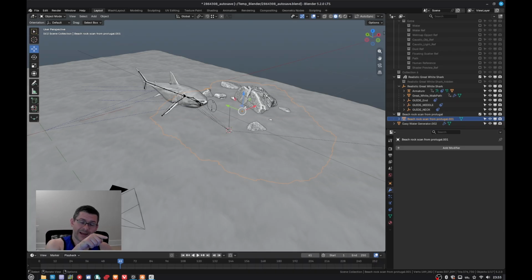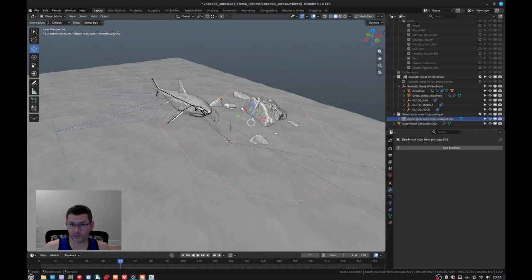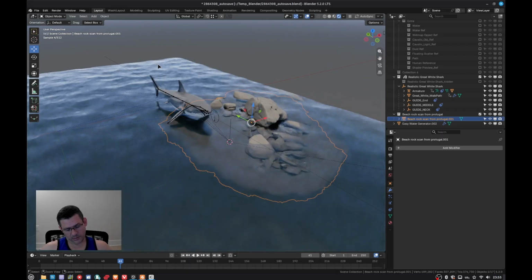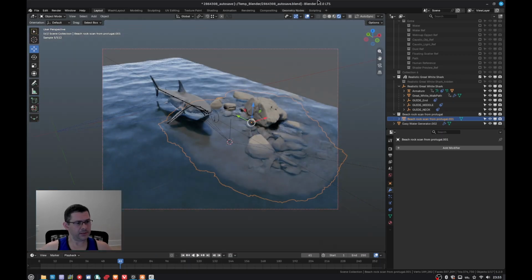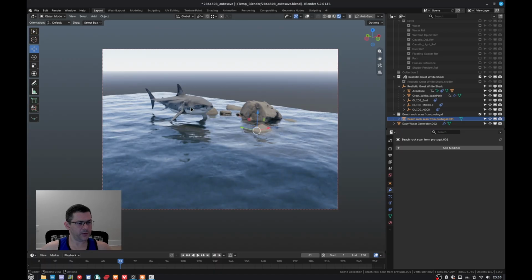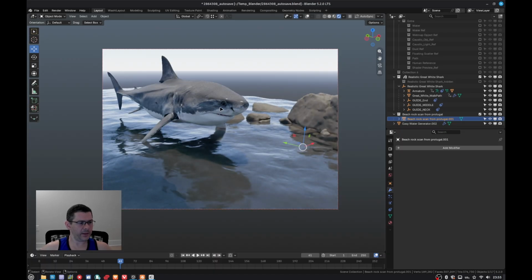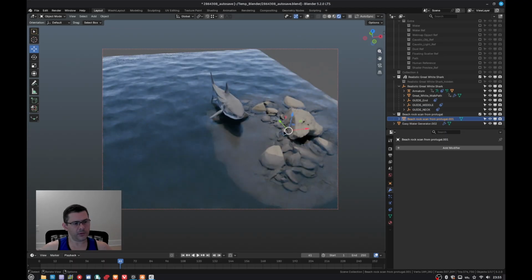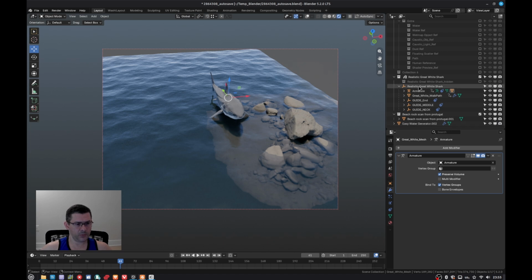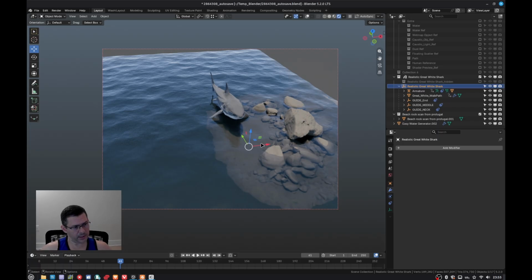And I'm going to show you how to add caustics to an object in specific for some shots that the results are better, okay, because it's more realistic. First I'm going to show you this option. Okay, if we go to render, we will see here how the scene is rendered. Okay, so we have this nice great white, and we have these rocks here in the bottom. Okay, first let's take this great white, and let's bring this guy here,